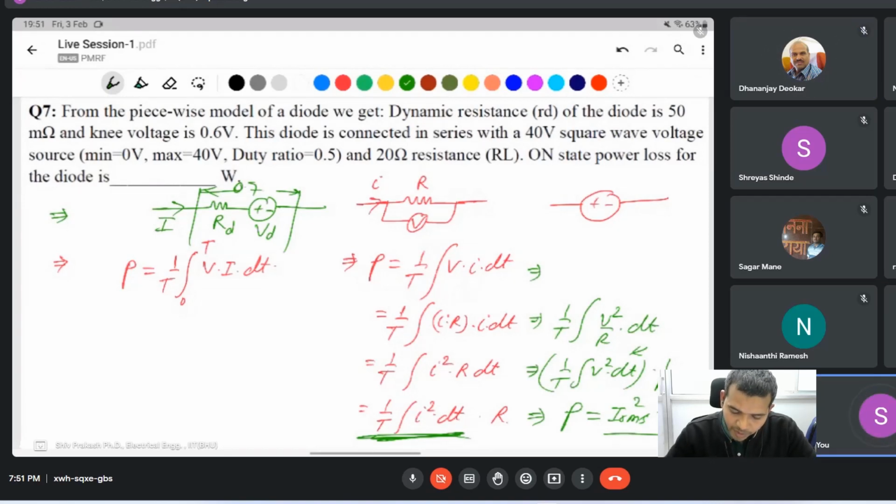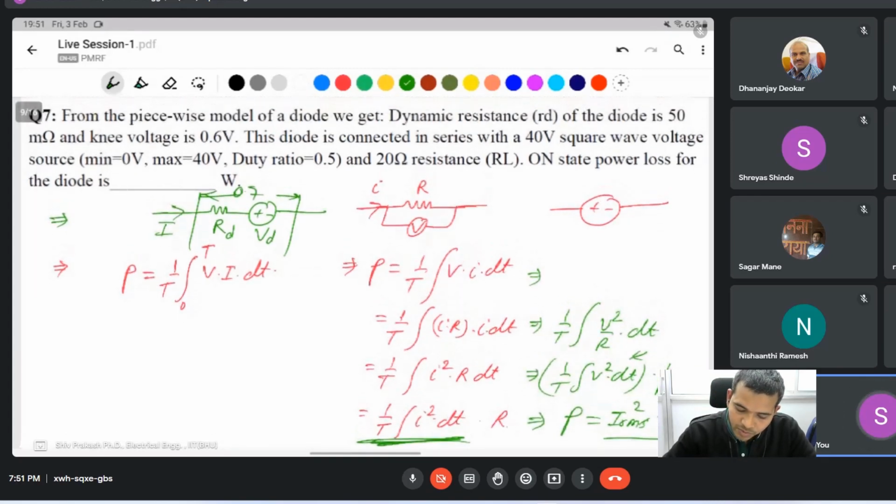I am finding the power loss of the diode. Total power loss means both resistance and voltage drop are present. First of all, find the average and RMS value of the square wave given here. I am writing directly: average of the square wave